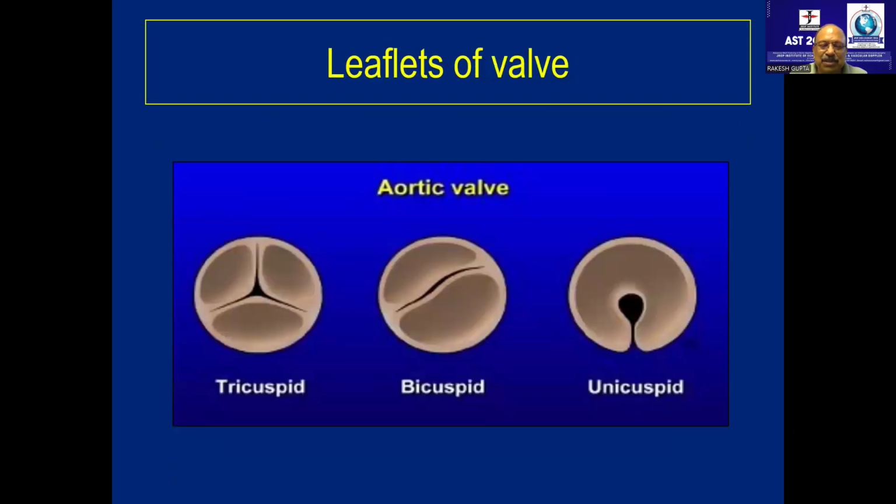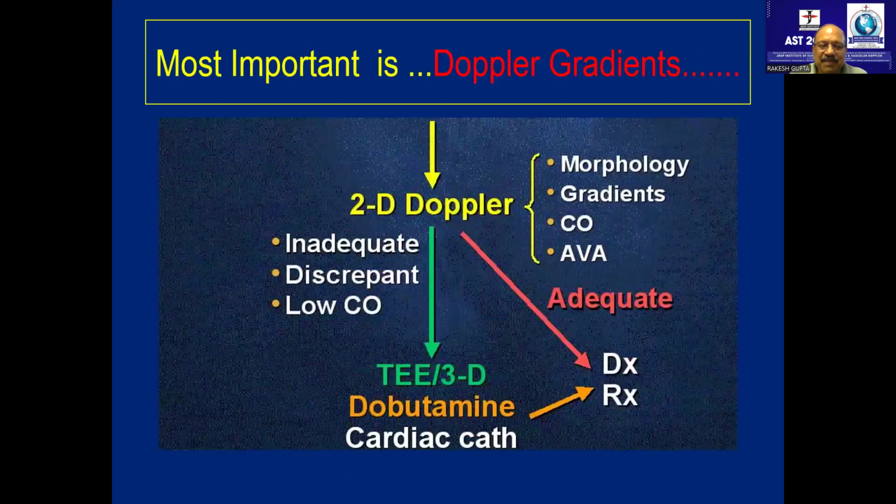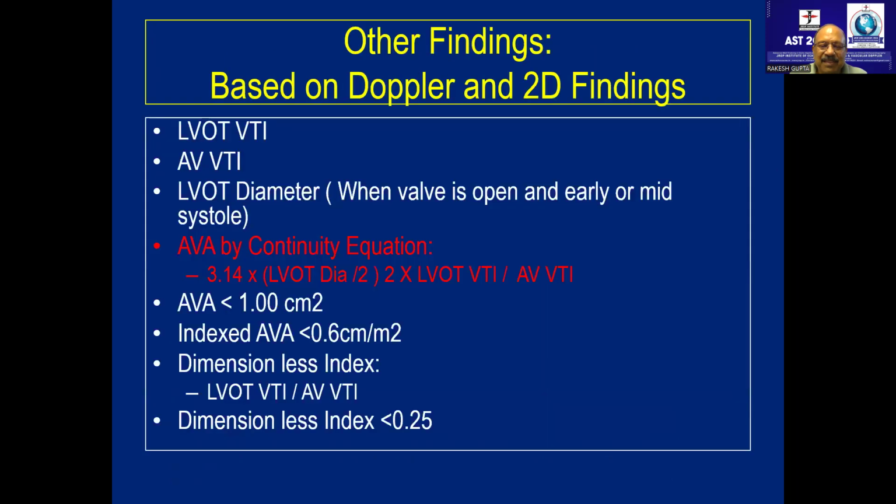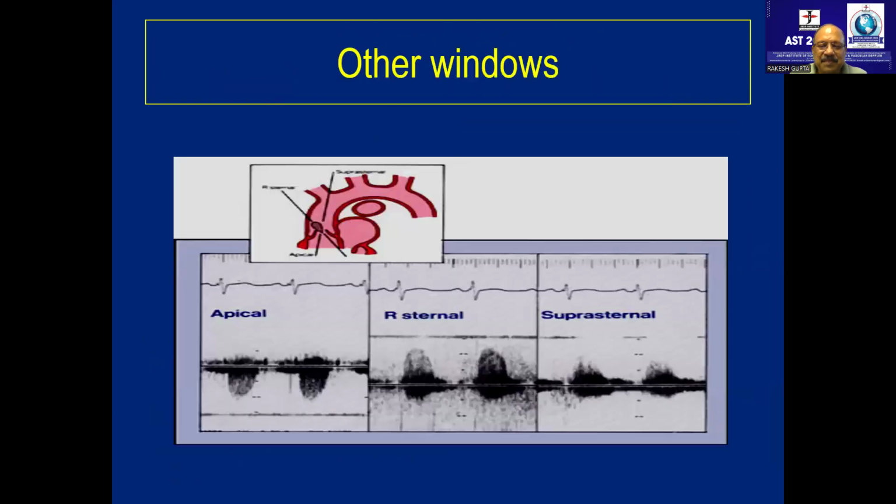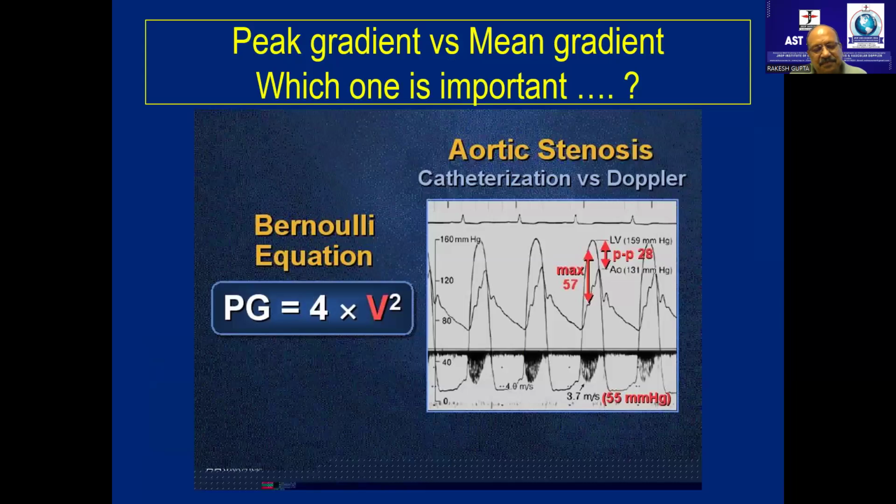Give me a second, let me go to some 4-chamber view. Sir, whenever there is associated AR, will the same criteria be applied for the severity grading of aortic stenosis? Yes, AR, same criteria. AS with MR will be a difficult problem, because AS with MR will really be a tricky job, you know.